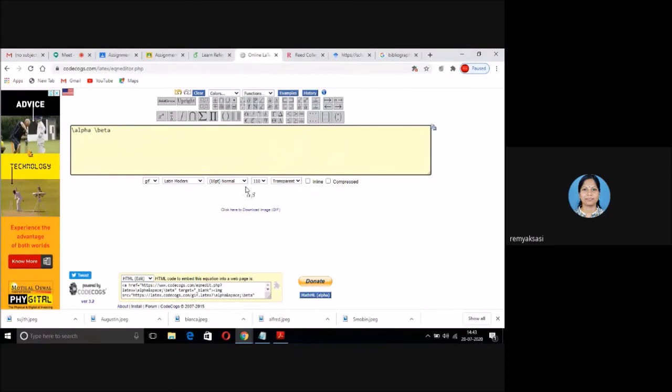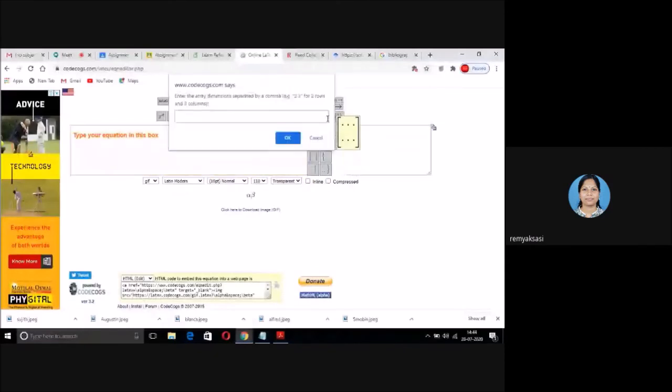See, very simple. If you want to create a matrix, you can specify the number of rows and columns, separated by a comma. 3, 3 means it will come.